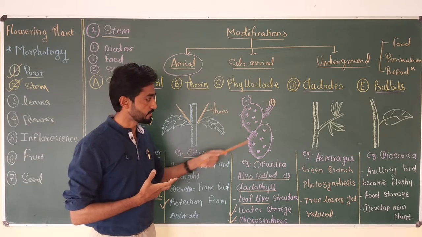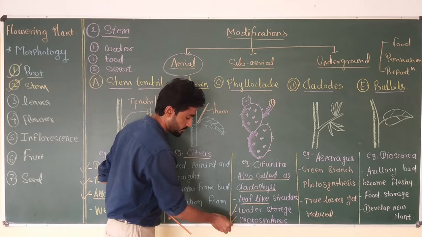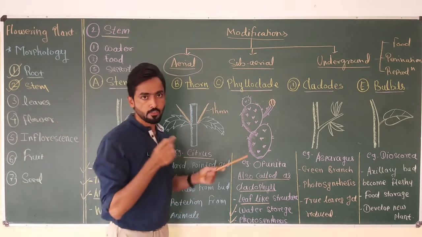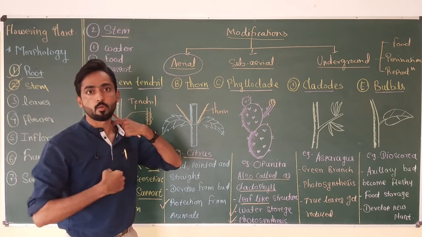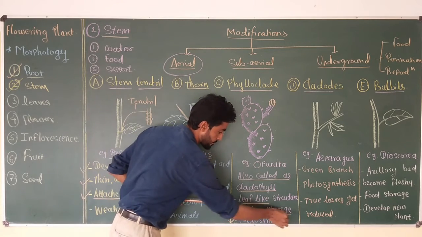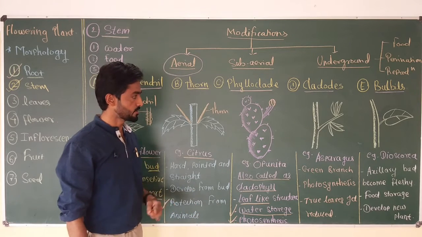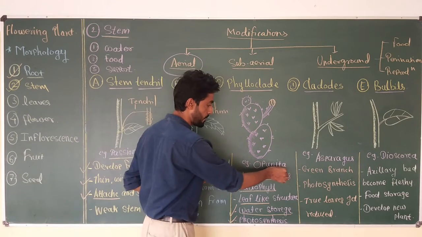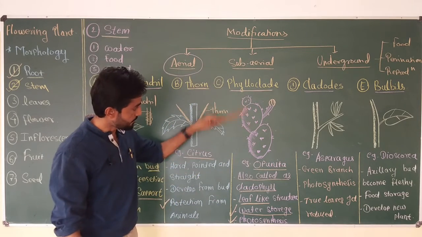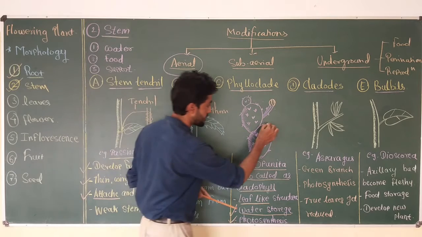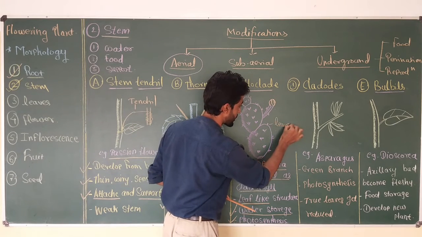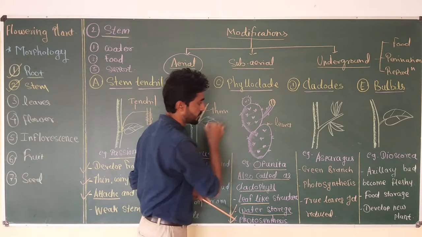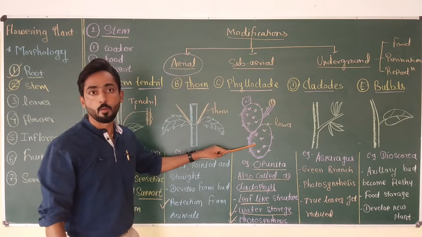So an important function of this type of stem modification is photosynthesis, and in water-deficient conditions, they contain mucilaginous cells which hold water. That means they also perform water storage. So these two important functions are carried out by the phylloclade. An example of a plant which shows this type of modification is Opuntia. On this stem, you can easily see reduced scaly leaves. So these are the leaves, and you can also see nodes and internodes on these structures. So they are modified forms of stem.